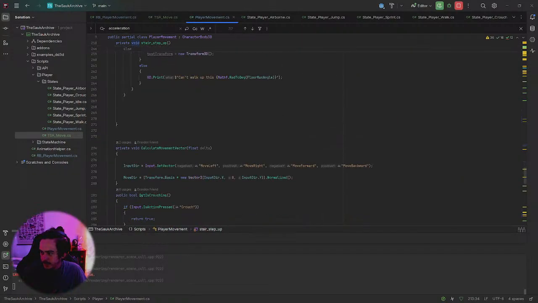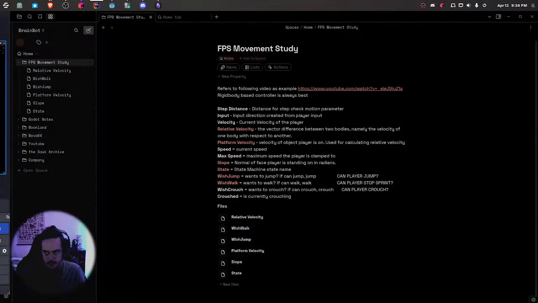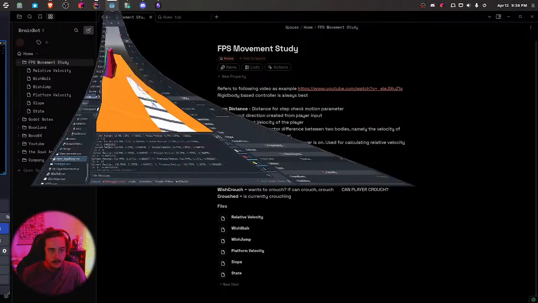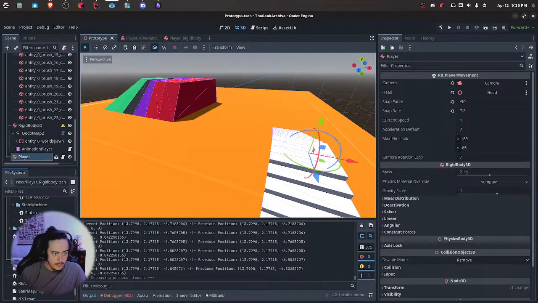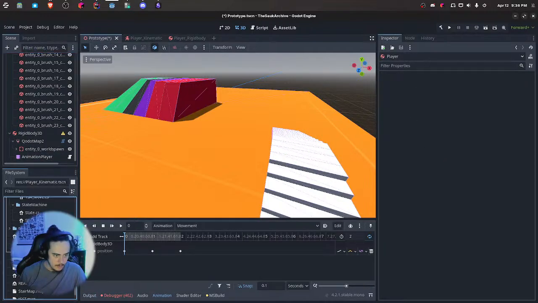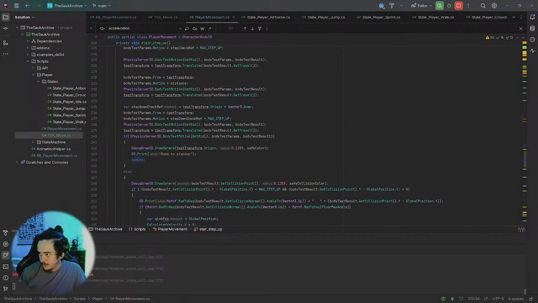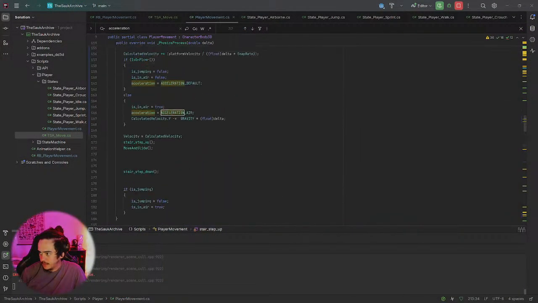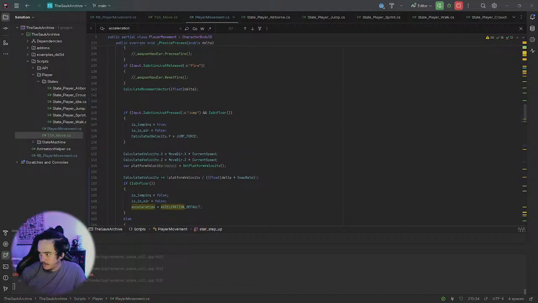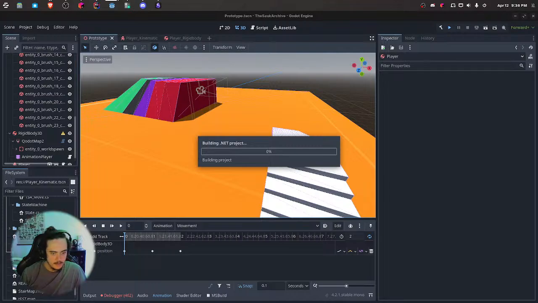Nothing too crazy. And then I was also trying to begin on something for a platform velocity, but I was having issues with it. So right now we have our rigid body controller in, so we're going to get into that in just a second. Delete that. We're going to drag in the kinematic character, and we're just going to press play. I'm going to also disable the movement stuff for the platform velocity. That should actually be fine. So let's press play,